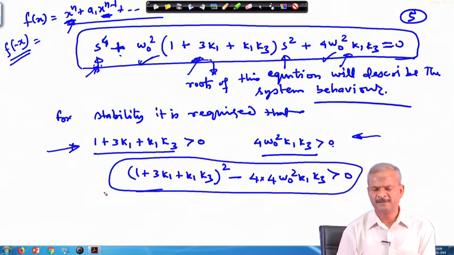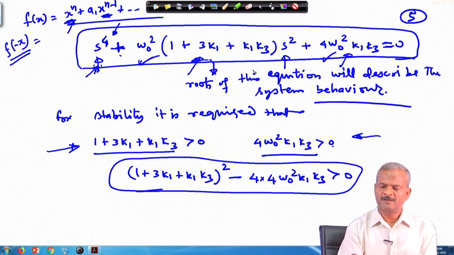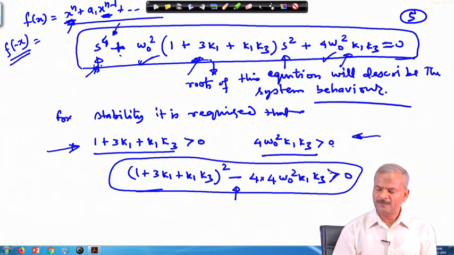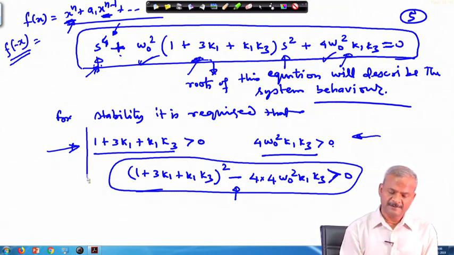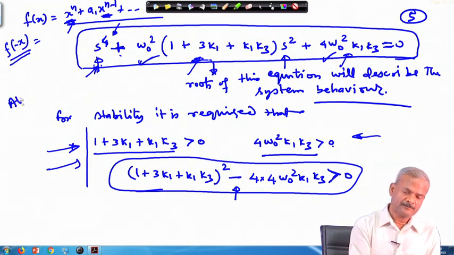You can check yourself by taking a simple example of this quartic form and trying to find the roots. If this quantity is not greater than 0, your condition for stability will not be satisfied,